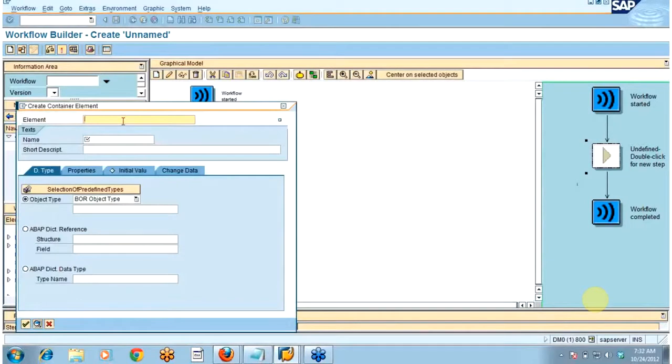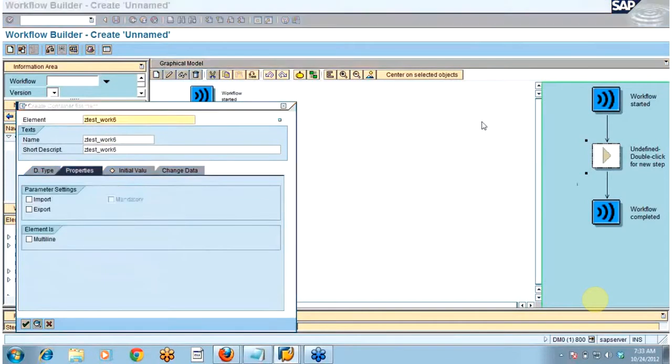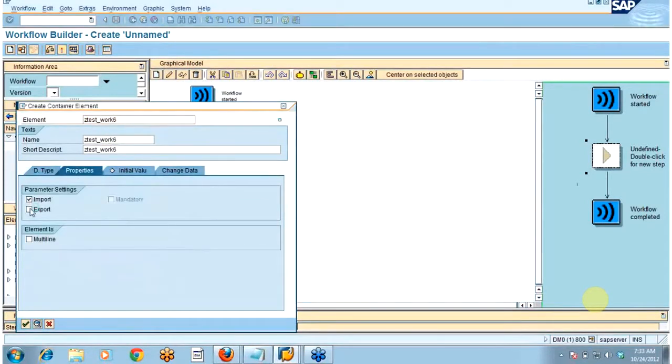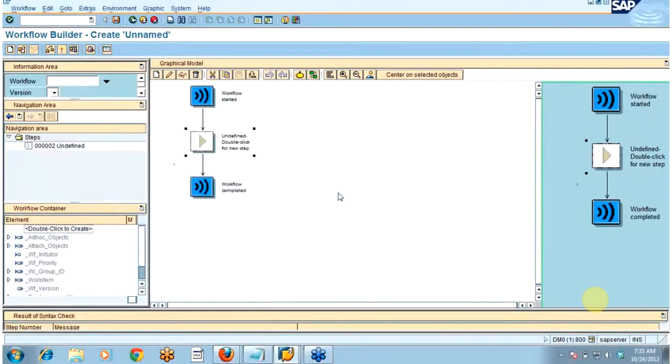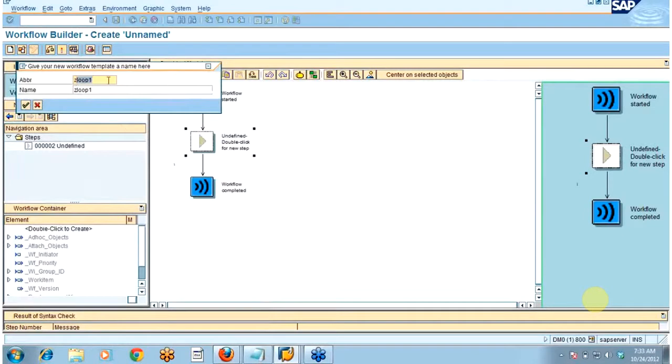Now, I have created one structure similar to the table. Now I'm saving it. Before creating the form, you should save the workflow.